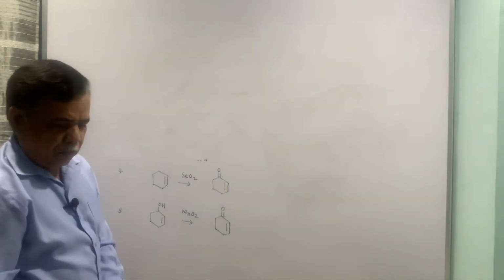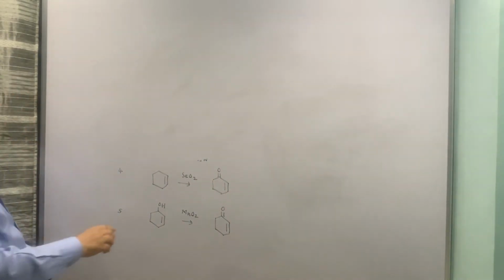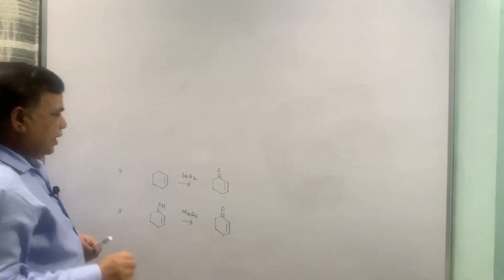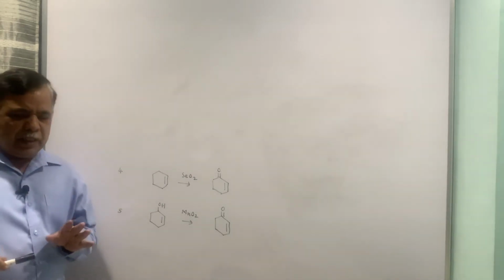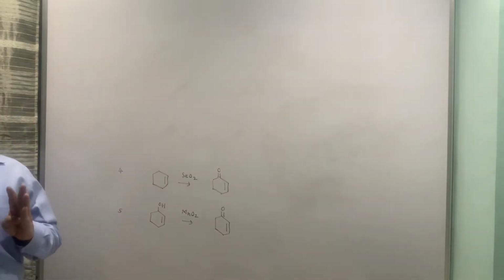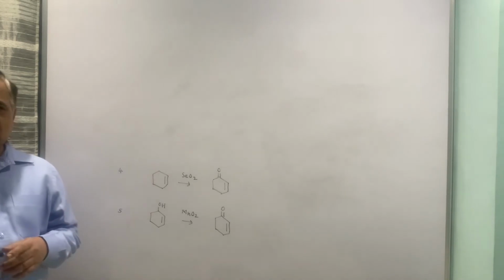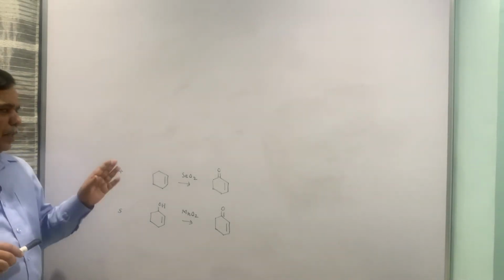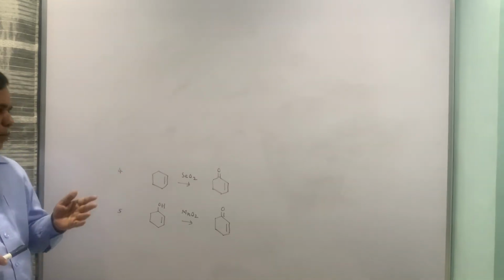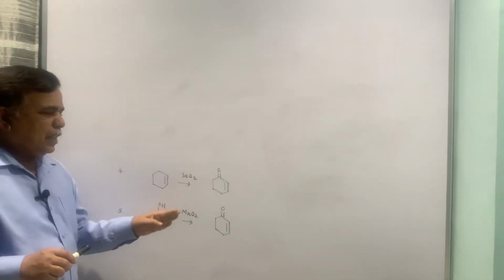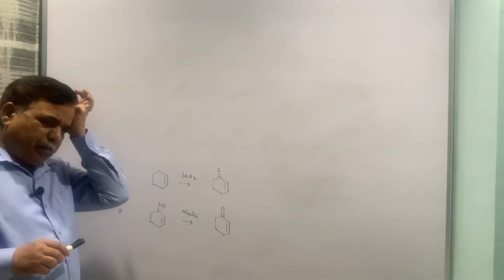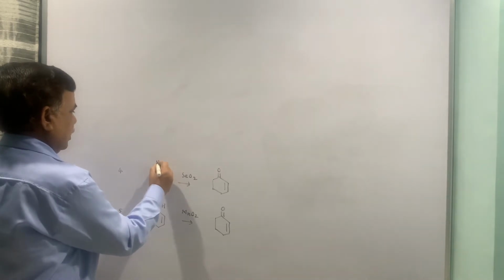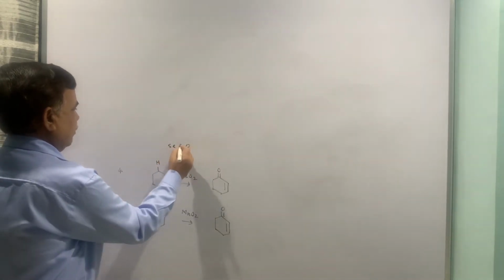Okay. Now the next one, selenium dioxide. These are specific reagents. Now selenium dioxide, as we have already said, has got three applications. One of them is oxidation of the allylic carbon, second is oxidation of the benzylic carbon, third is oxidation of the alpha carbon. So this is one step. We can take another example. Now here I will put selenium dioxide straight away.